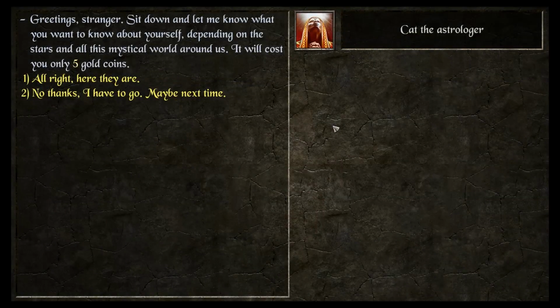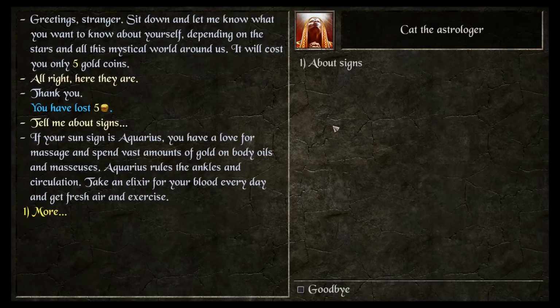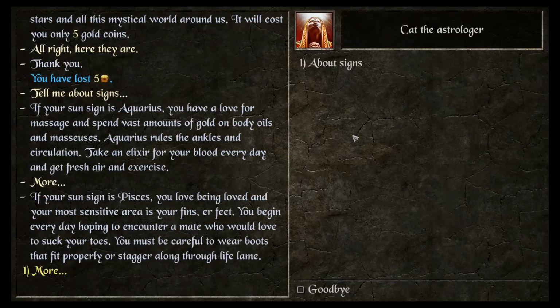Greetings, stranger. Sit down and let me know what you want to know about yourself. Depending on the stars and all this mystical world around us, it will cost you only 5 gold coins. Alright, here you are. Thank you. About signs. If your sign is Aquarius, you have a love for a massage and spend vast amounts of gold on body oils and masseuses. Aquarius rules the ankles and circulation. Take an elixir for your blood every day and get fresh air and exercise. If your sign is Pisces, you love being loved, and your most sensitive area is your feet. You begin every day hoping to encounter a mate who would love to...